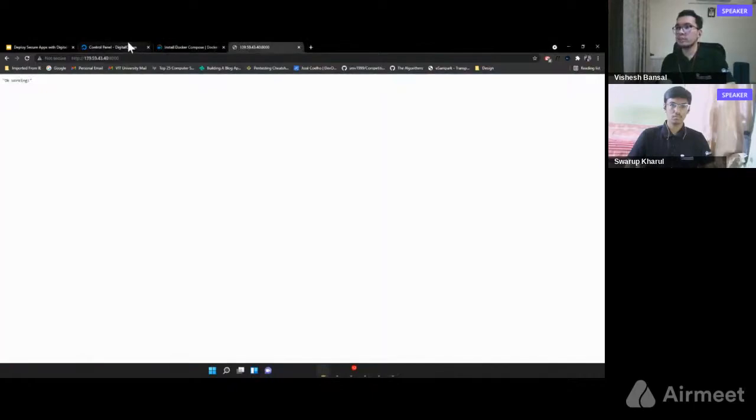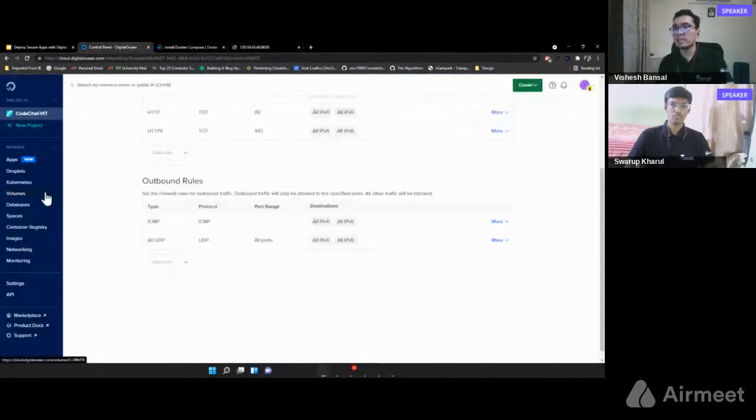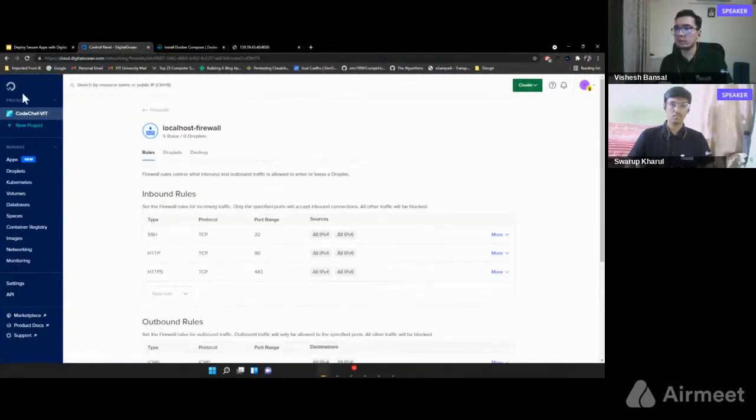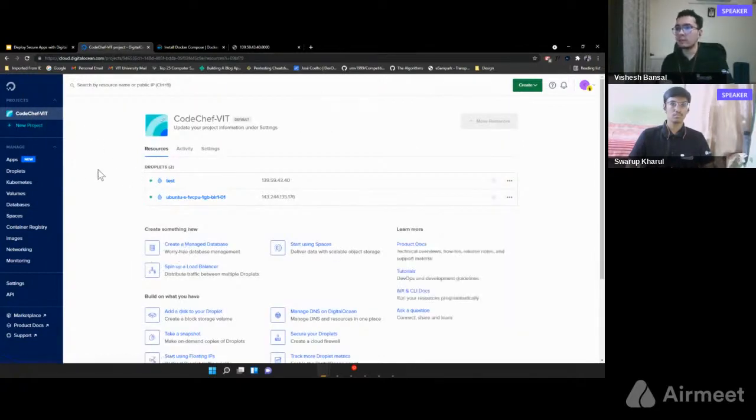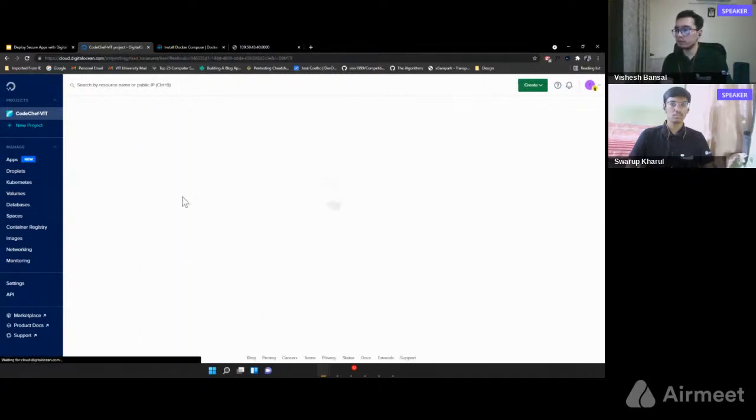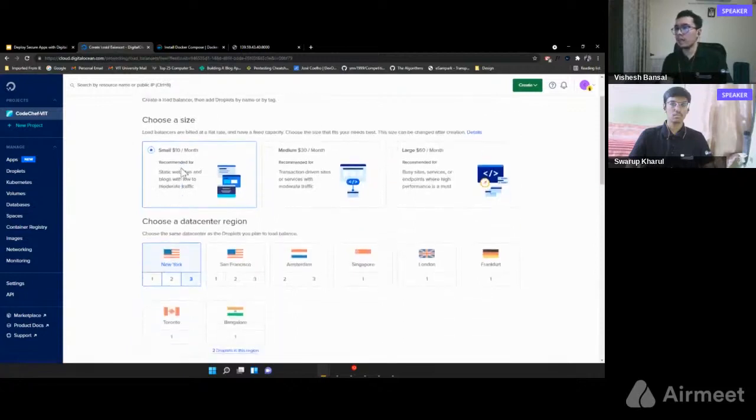So now I'm going to teach you how to deploy a load balancer. It's very easy. You just go to home and you see spin up a load balancer. So we have three different options which DigitalOcean provides us. Static websites and blogs with low to moderate traffic cost us $10 a month, medium is $30 a month, and large is $60 a month, which is for big sites, for example, like I quoted Netflix.